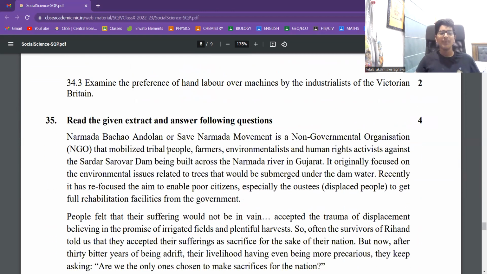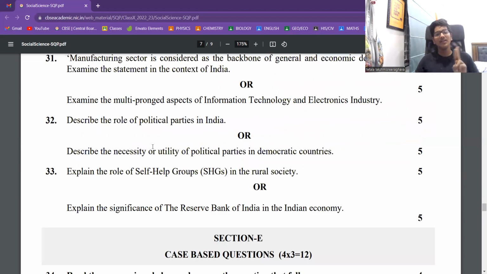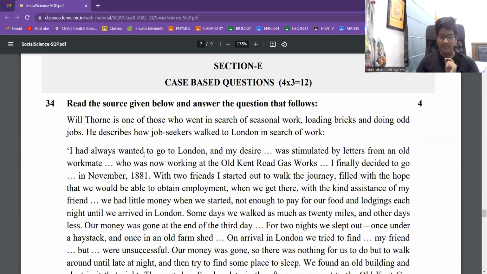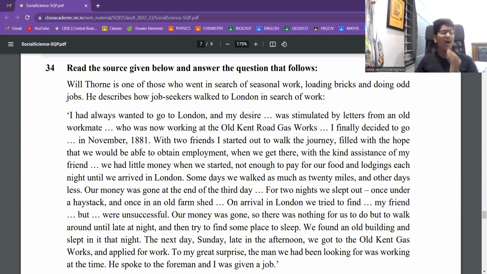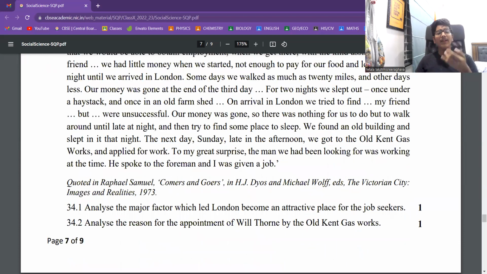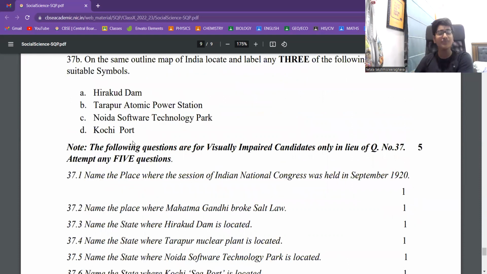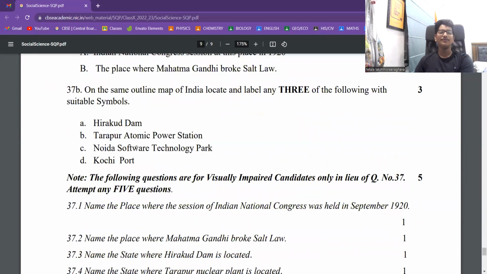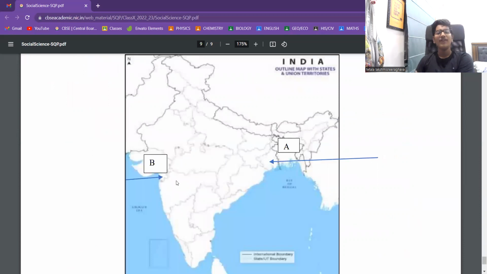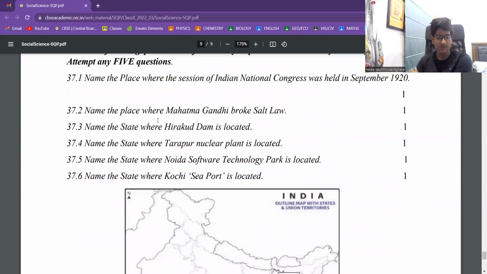What you'll do is that first you will complete the second bit, then you'll come to section E, or leave the section E. We'll do the map. Map might be easy, especially the history maps are too easy for us because they'll already mark. For example, here, what is B? That is Dandi. I hopefully think so. Yeah, broke the salt march is Dandi,